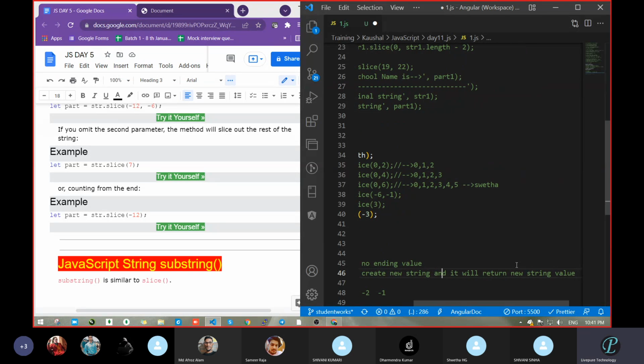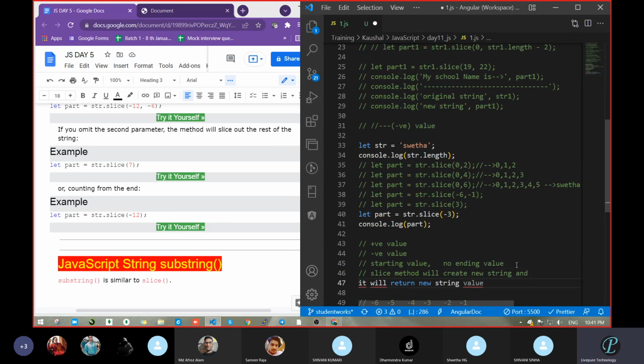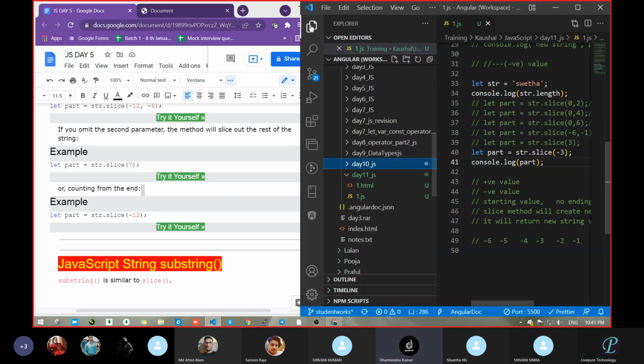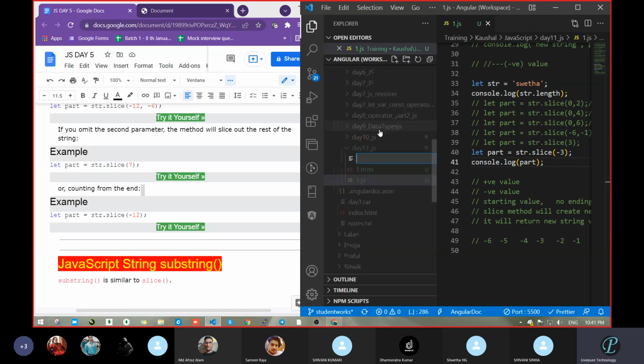Clear or not? So this much we had discussed in the case of the string slice method. Anyone having doubt? Now tell me. Fine.